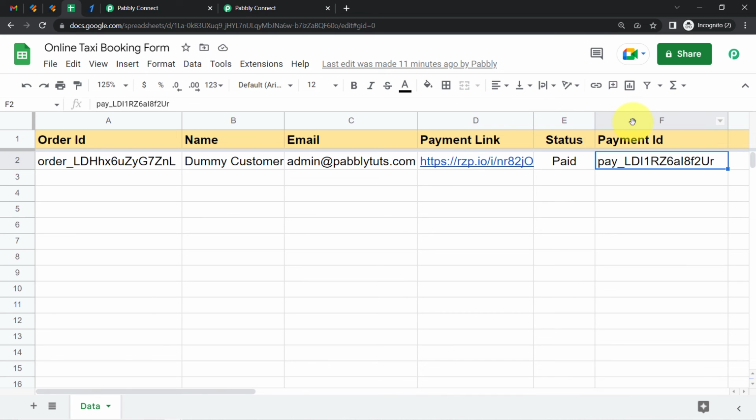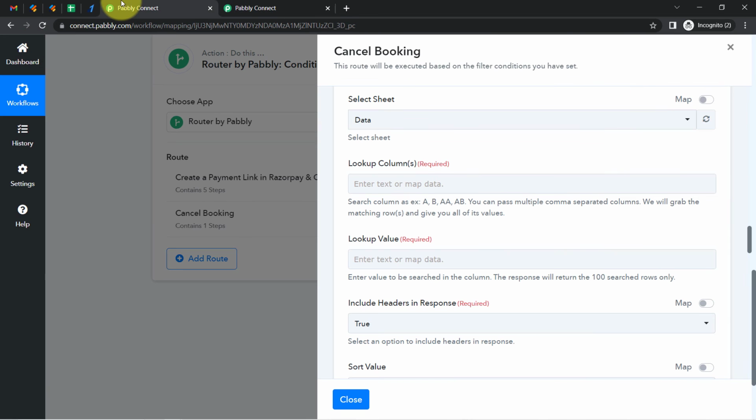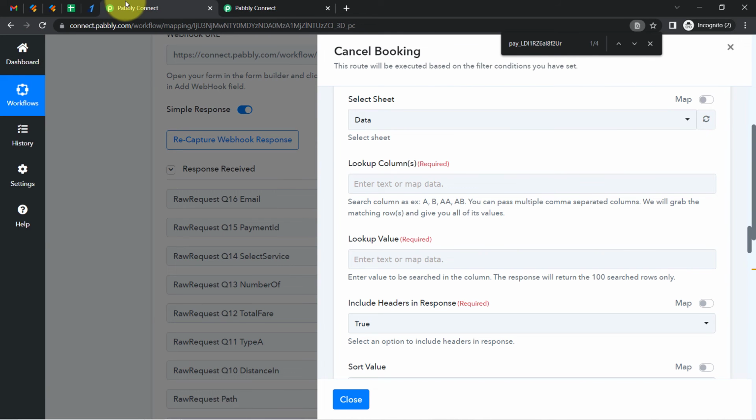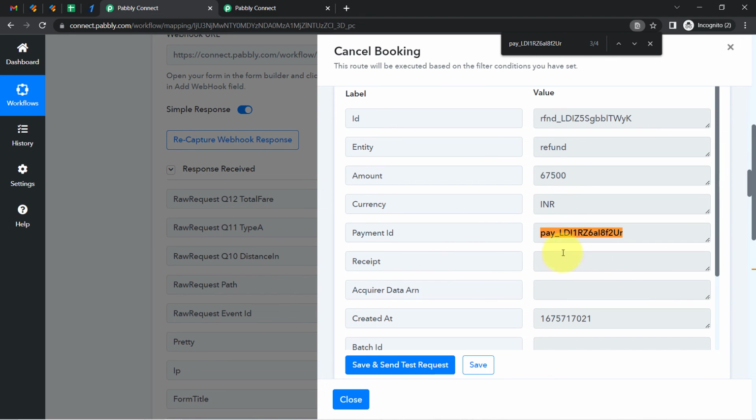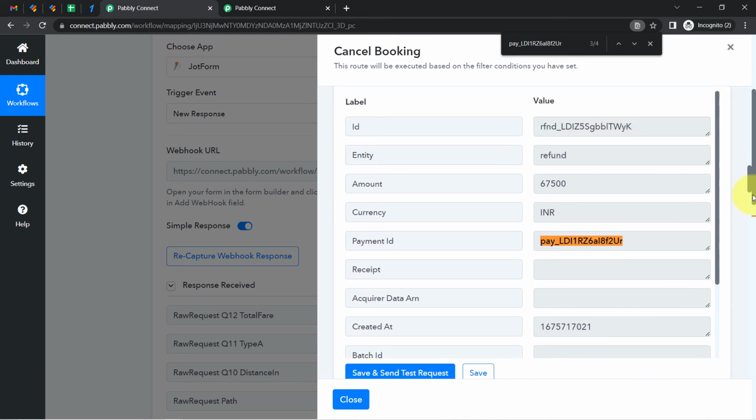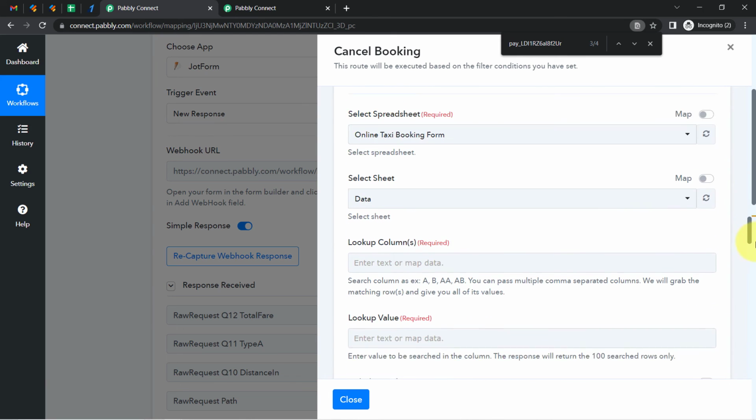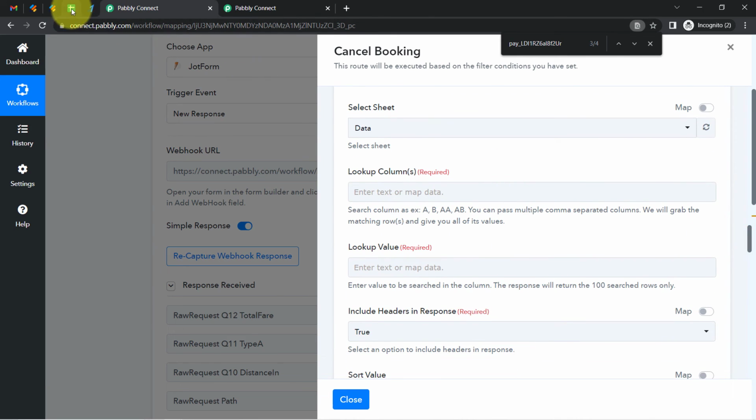I'm going to fetch this row data via this particular detail, because currently I have this detail common in both the cases. Let me search for the same, and here I have the payment ID. Remember, we have received this payment ID. So let me go back to my spreadsheet step, and inside this lookup column currently I will add this